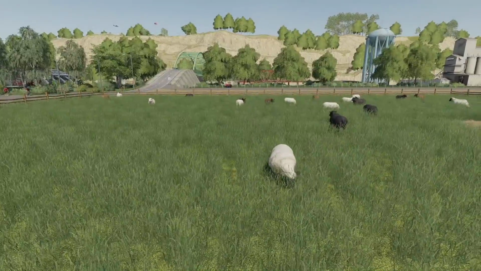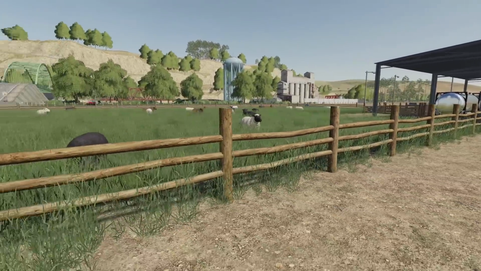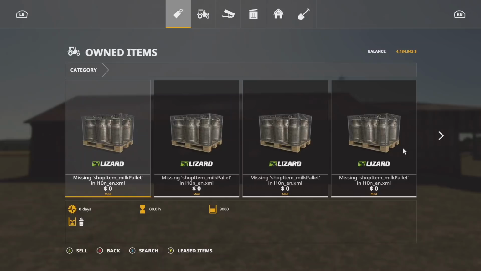Otherwise, that's kind of it. It's just a sheep pasture, but instead of wool, you get milk. I dig it. I like it. Real quick,